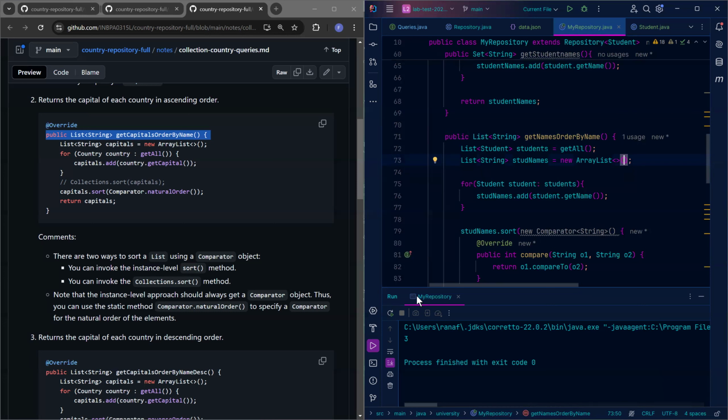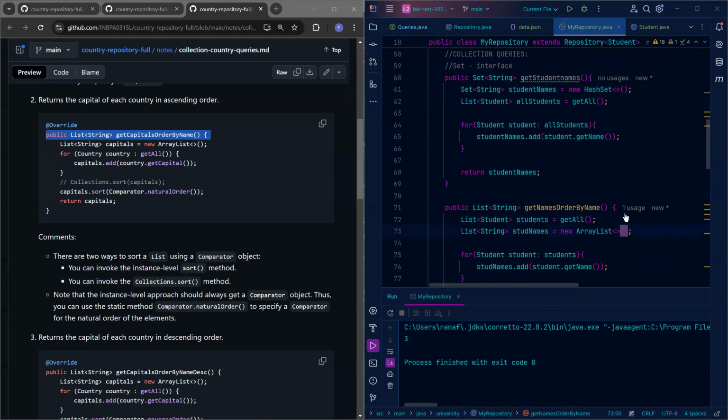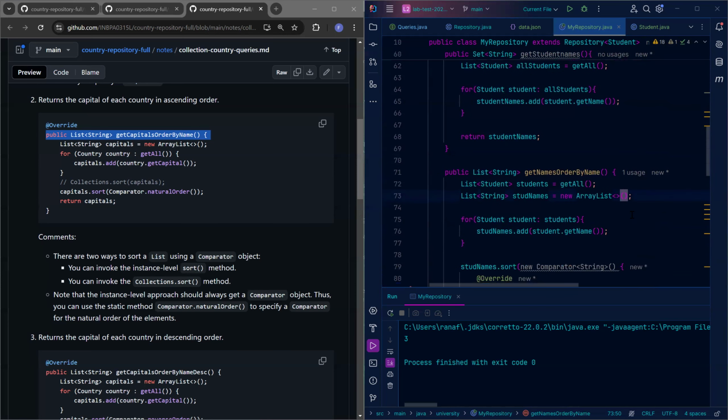Does it make sense? We cannot just do get all dot get name. We could do something like